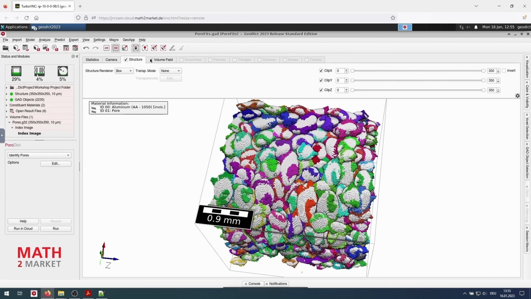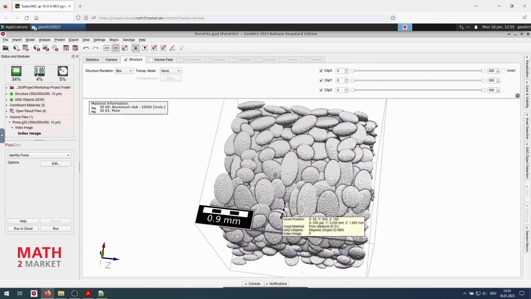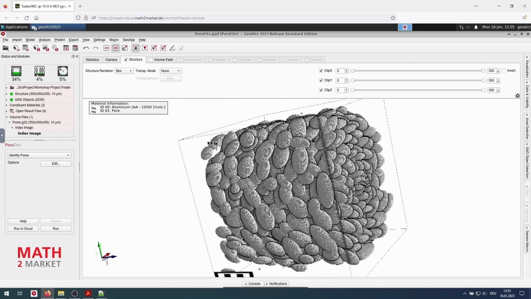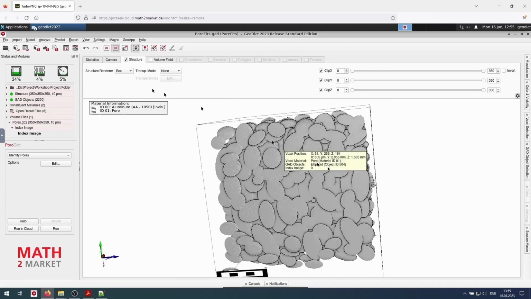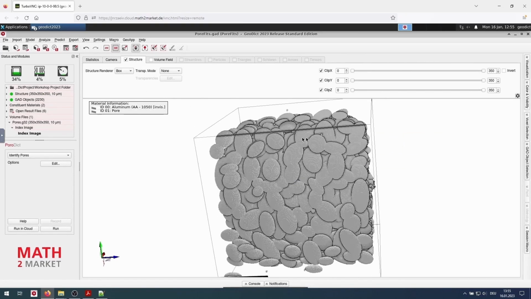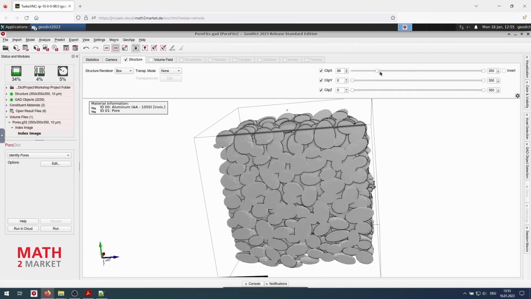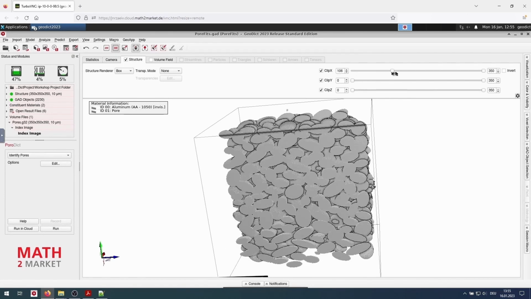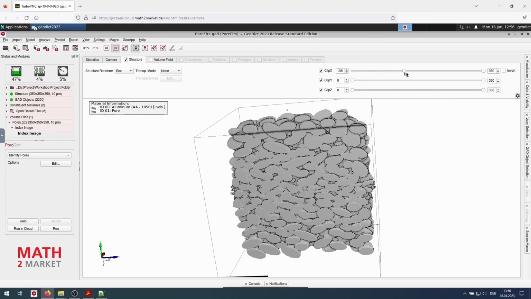And by disabling the view on the volume field, which are the identified pores, we can now have a look at the fitted ellipsoids and clip through those ellipsoids and see that they are indeed oriented in Z direction.